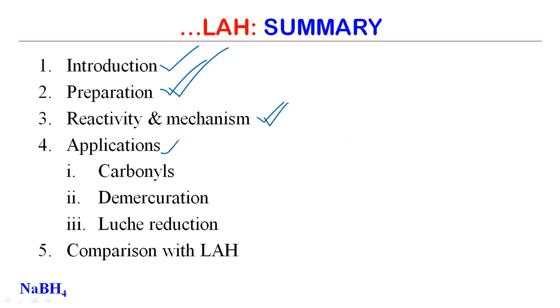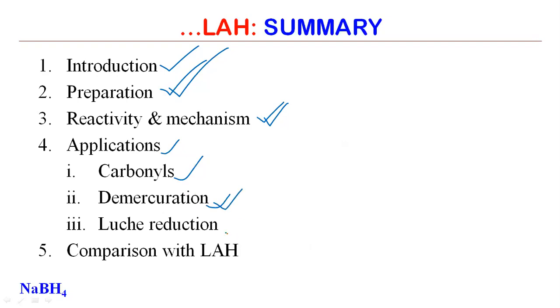So application is important here. Carbonyl can be reduced to the corresponding alcohol. Sodium borohydride is used as a reagent in the oxymercuration demercuration reaction. In the second step of oxymercuration demercuration, we need sodium borohydride to break the carbon-mercury bond, because oxymercuration demercuration is a reaction where hydroxylation of alkene takes place in the presence of mercuric acetate and water, and in the second step sodium borohydride, and it takes place according to Markovnikov rule.